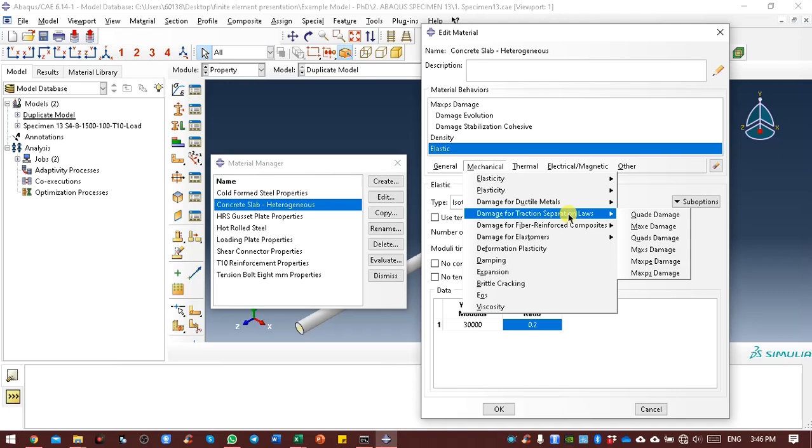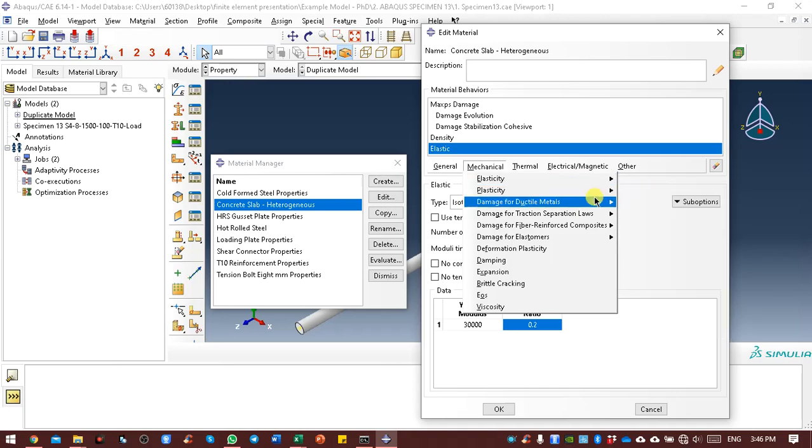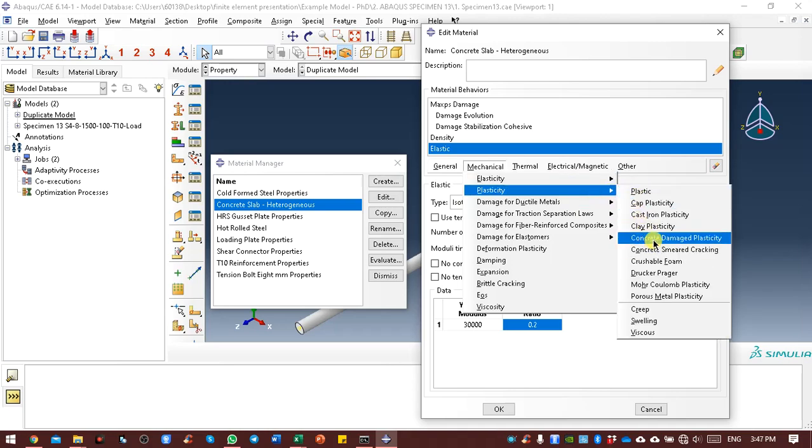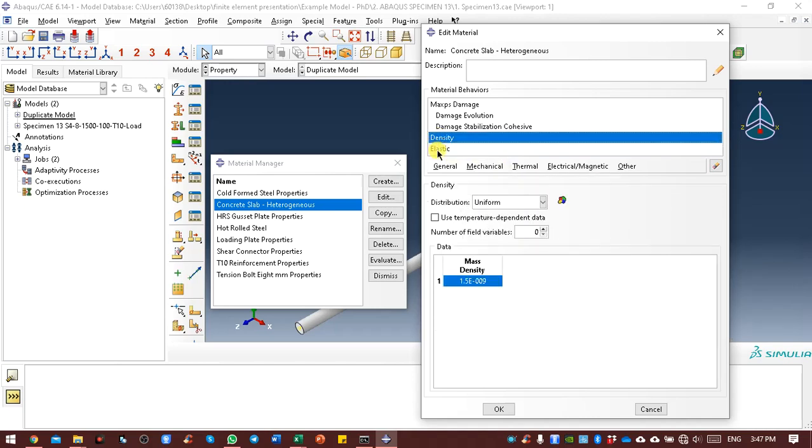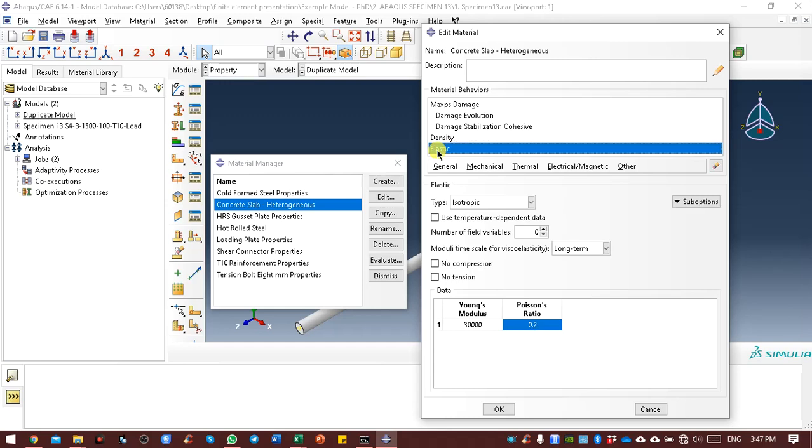If I'm using the concrete damage plasticity, which is in the plasticity, you can see here, it will not show the actual behavior of the cracking and the deformation, because you need to assign the crack position for the concrete so that you can see where the cracking happens, and so on. So in my study I'm focusing on density. The elastic, you still have to input.